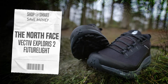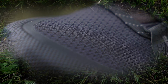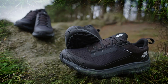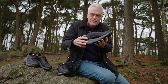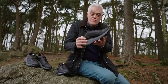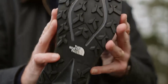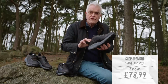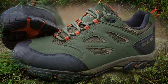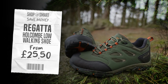The premium contenders are from North Face. They offer a breathable, waterproof membrane, and there's a range of colours and sizes available for both men and women. They're packed full of clever features, like this rockered midsole, which aims to improve comfort and conserve energy, and this broad platform for extra stability. All from £78.99. My budget pair from Regatta is available for less than a third of the price, starting at